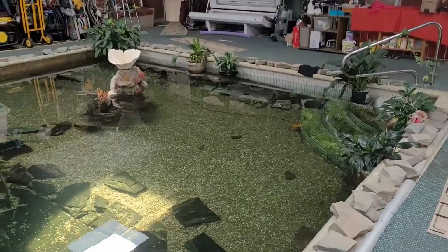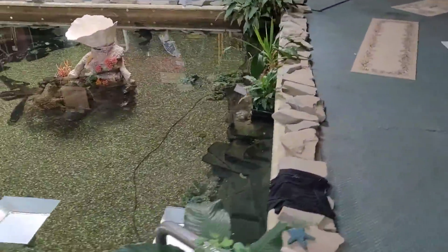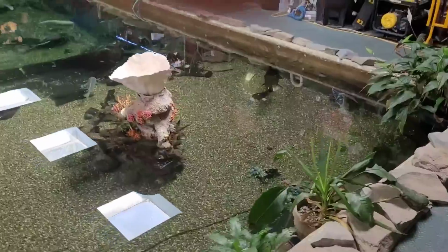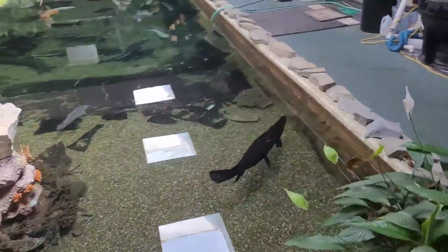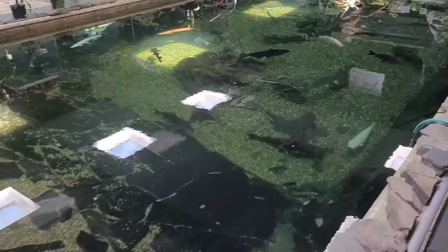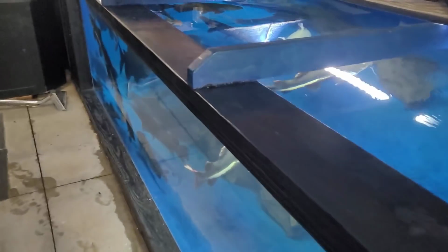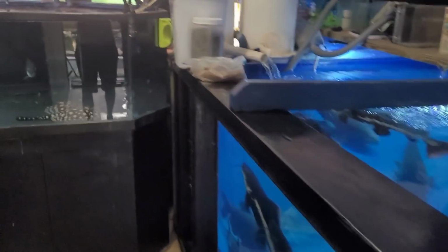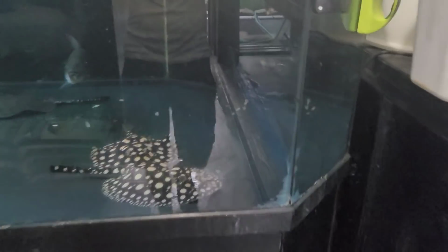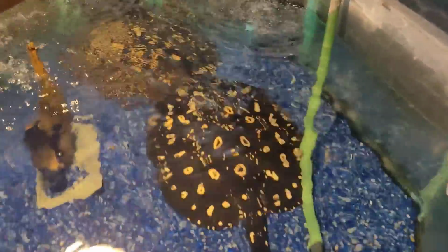All right, so let's go find out what fish we picked up. I told you guys we went ahead and splurged a little bit and got something that could hopefully help us make funds to help run the rescue. If you guys remember us talking, we bought these stingrays to grow out and breed. We have been doing that, but I picked up some more breeder size